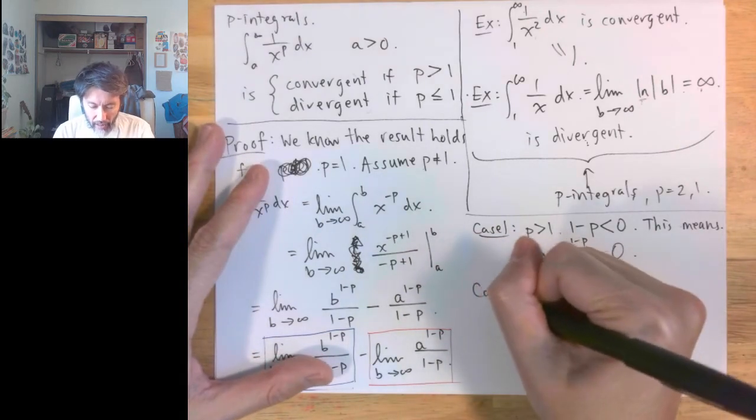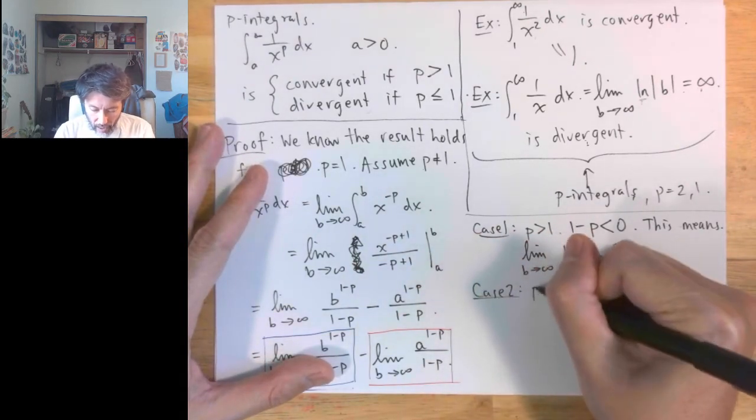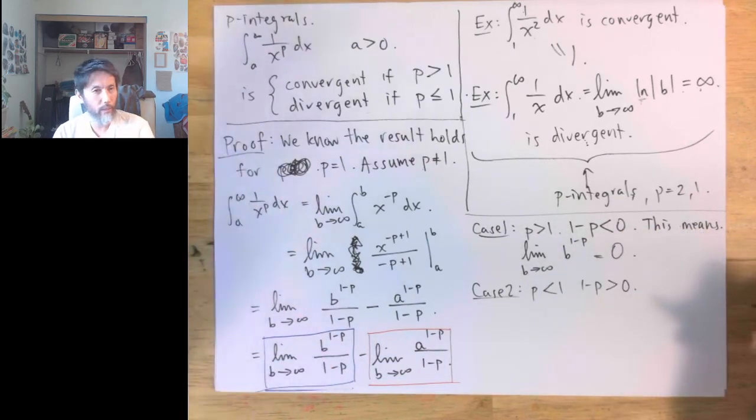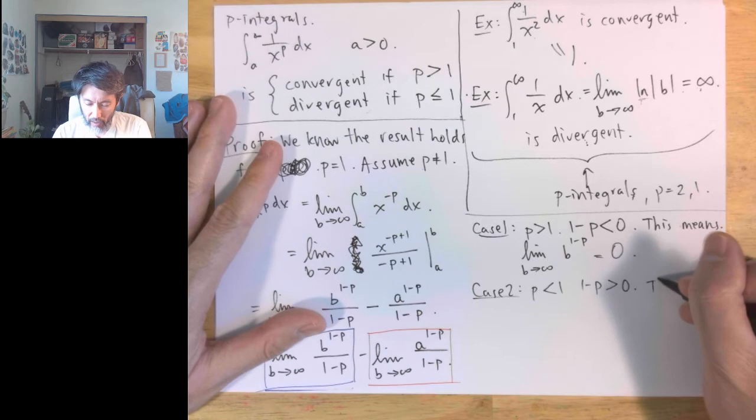The second case is that when P is less than 1, 1 minus P then is greater than 0. 1 minus P, in other words, is positive. So this means,